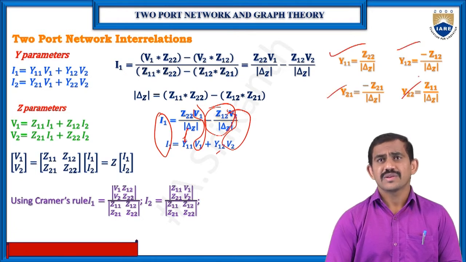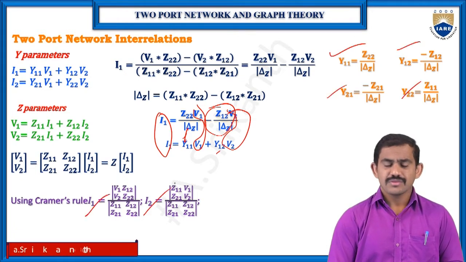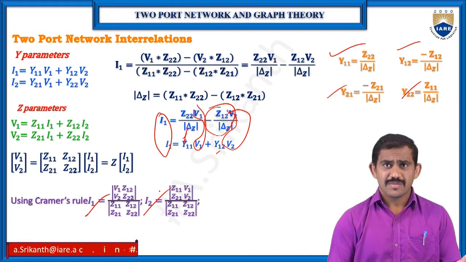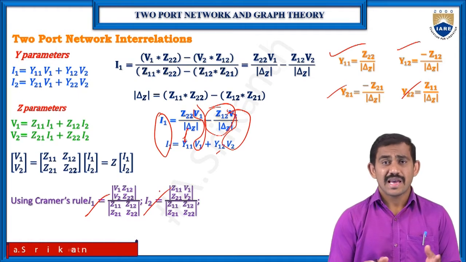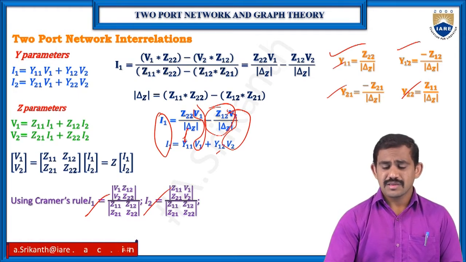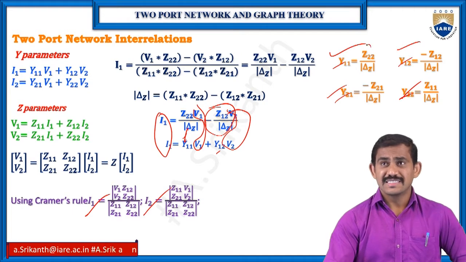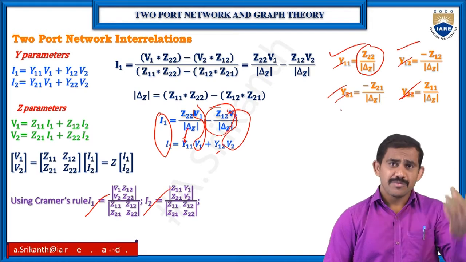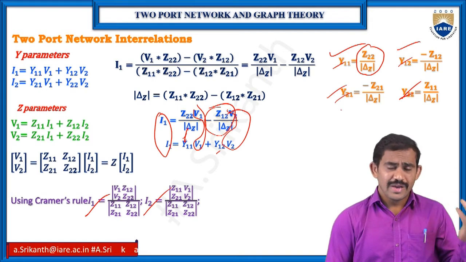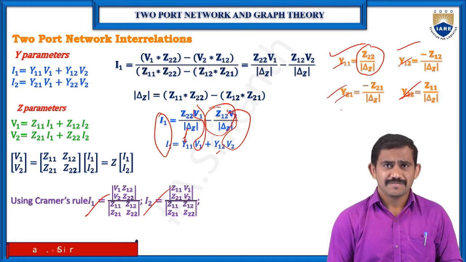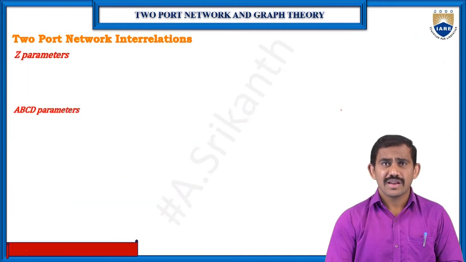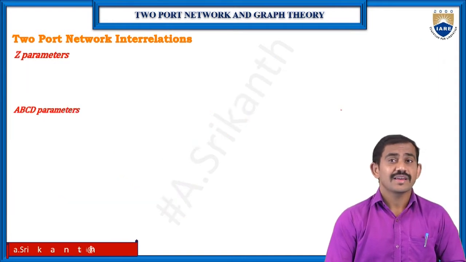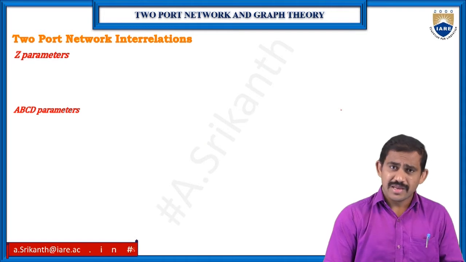Okay, so same thing, we get 4 parameters when we have i1 and i2 in the form of v1 v2. So z parameters i1 i2 values when compared with your y parameters i1, i2 values, we have the remaining values. So when I know the z parameters, I can find out y parameters. In the previous case, when we know y parameters, I can find out z parameters. Okay, and we have one more internal relationship. When I know ABCD parameters, I can find out z parameters.